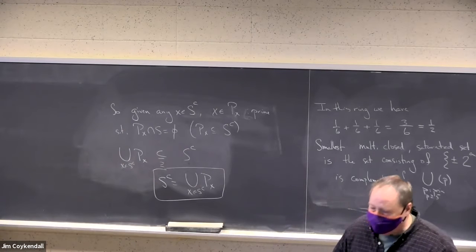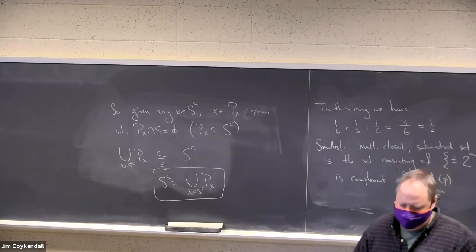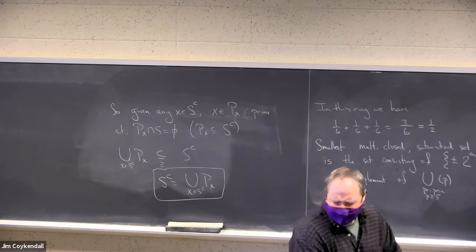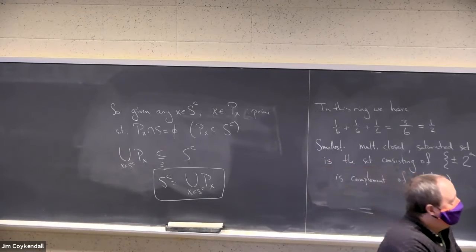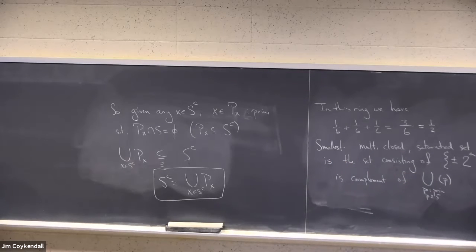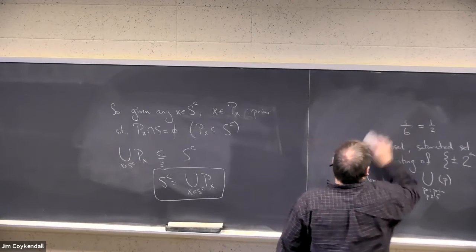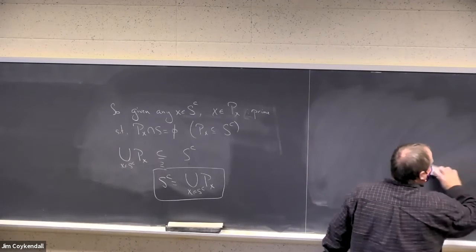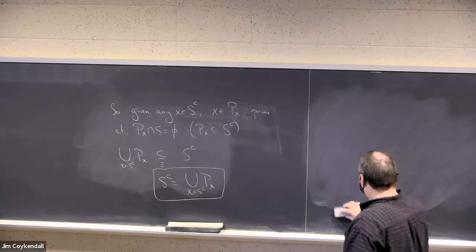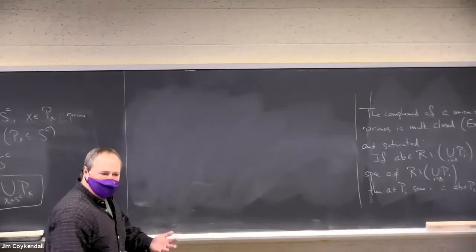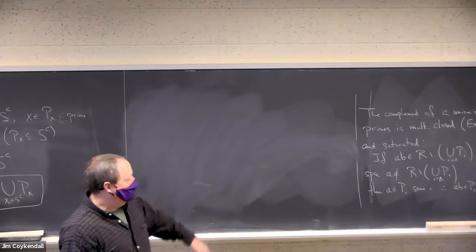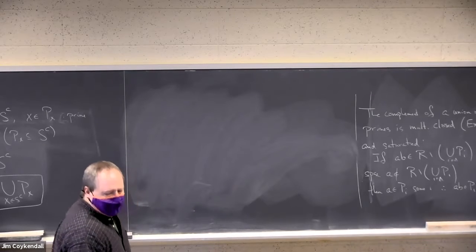Okay. Any questions? Okay. So now we've talked a little bit about multiplicative sets, and this theorem is a very important takeaway: any saturated multiplicably closed set can be characterized by being a complement of a union of some collection of prime ideals. You know, it's fun just to play around in the integers, and it's kind of fascinating how this all works out. But now,